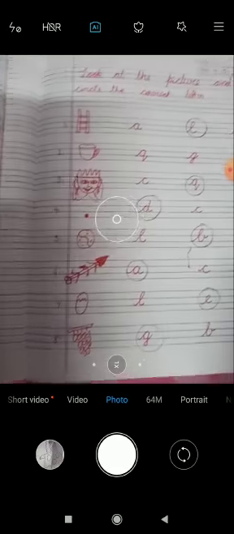Now last is grapes. Say grapes. What sound is coming from grapes? G. Now let's check. G says G, B says B, and Q says Q. The sound matching with grapes is G, as G says G. So you will circle the letter G. This way you have to create one page of